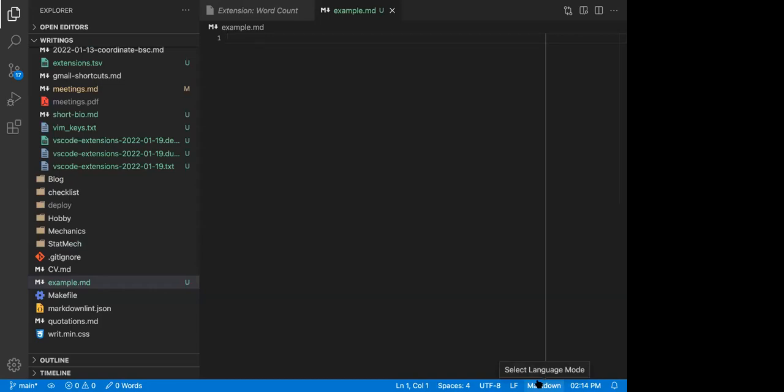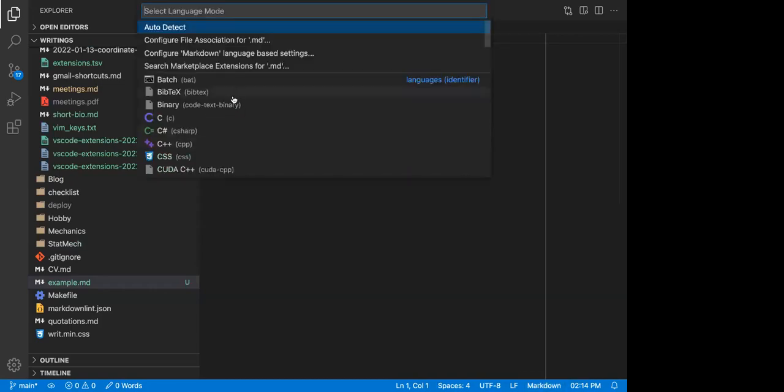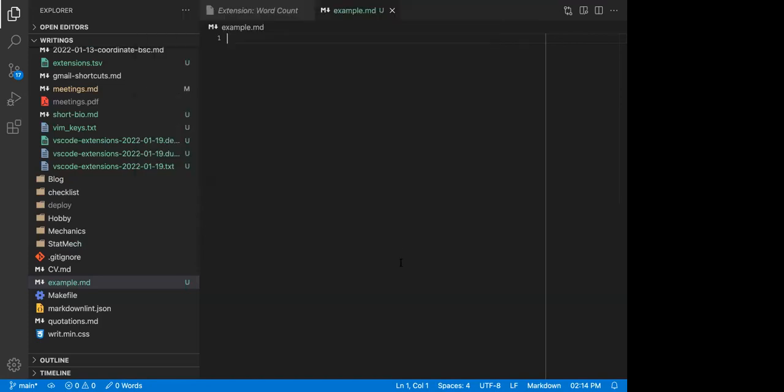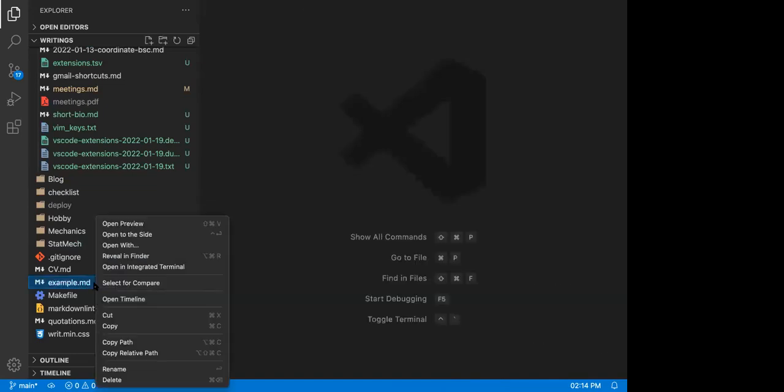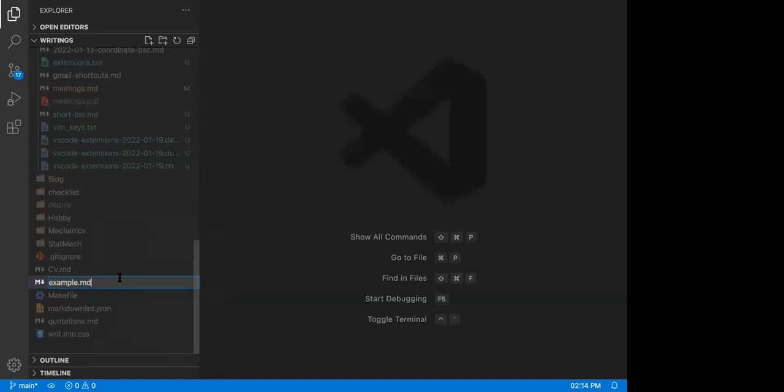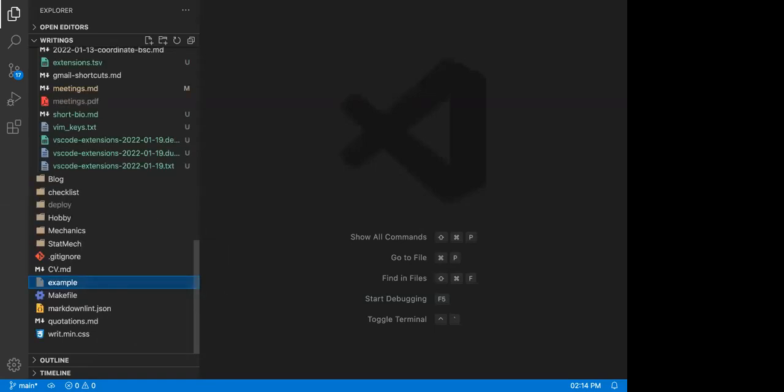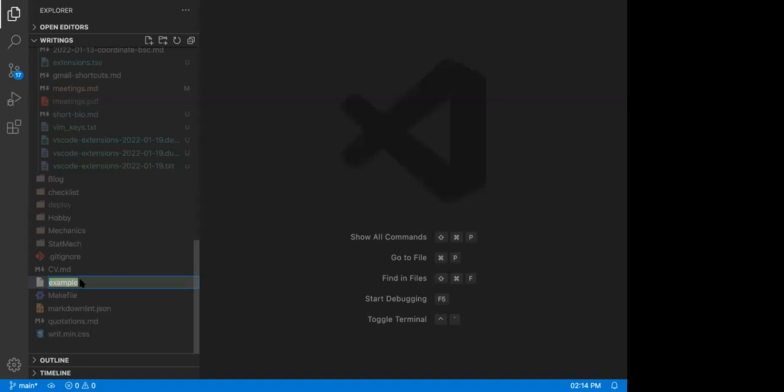If this is not correct, I can click here and choose some other style. We were going to check that later. Okay. But let me say that I made a mistake, and instead of Markdown, I was making it maybe like this, with nothing after it. Then when I open it,